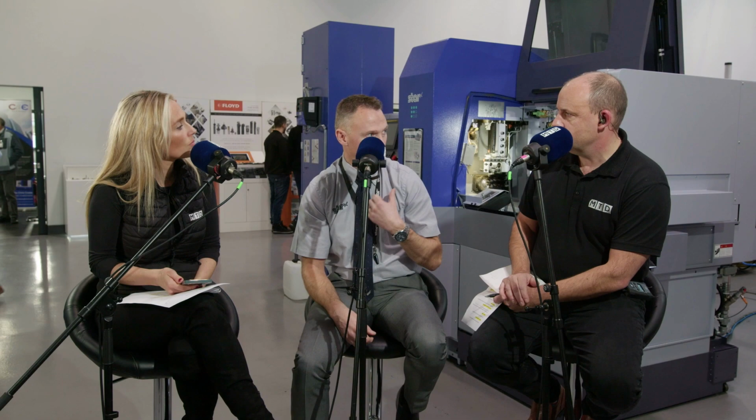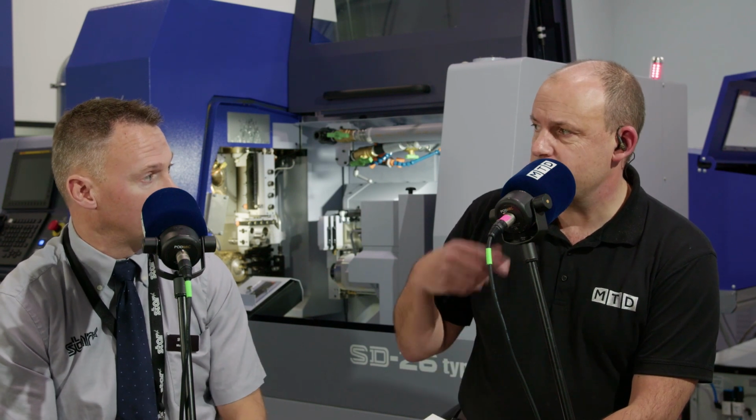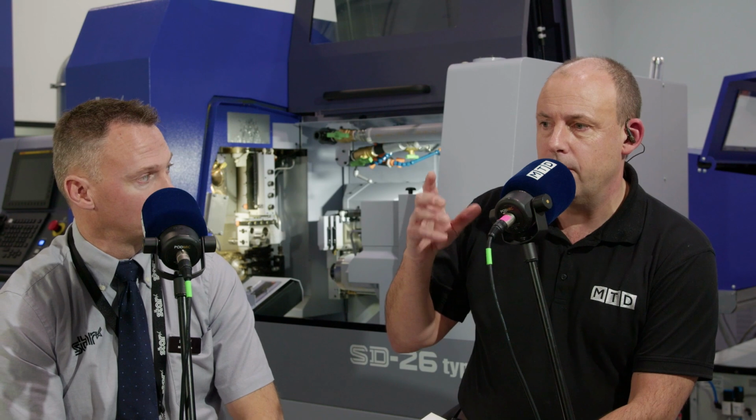And so this particular model here, the Type S, this is the top level one. Like I said, it's got 2 B-axis units. This particular variant you see here has got a twin thread whirling unit, so it's great for the medical bone screw industry. And we have actually got some footage that we may be able to put